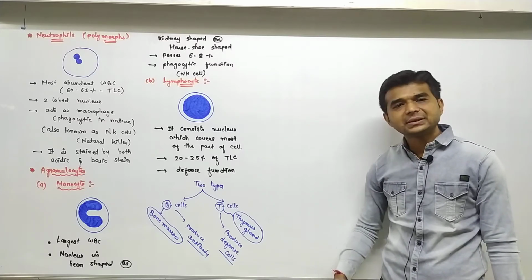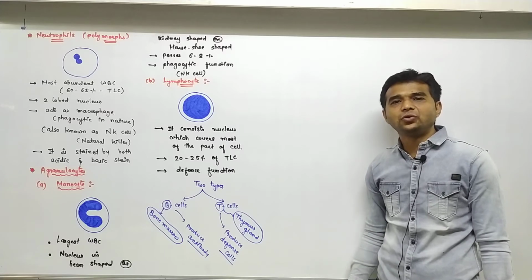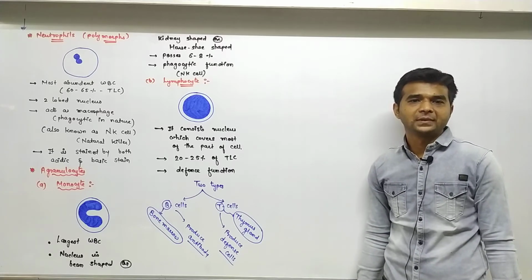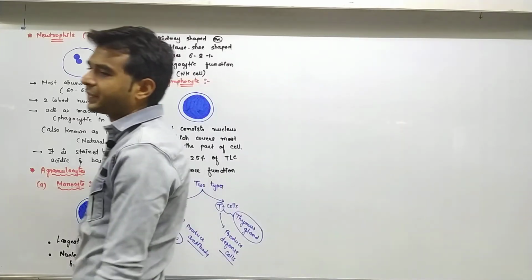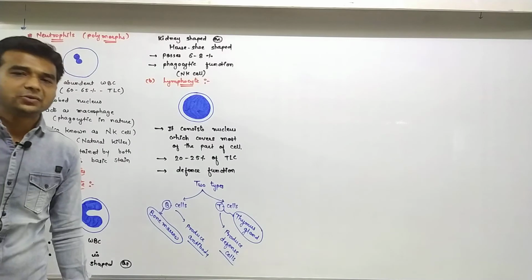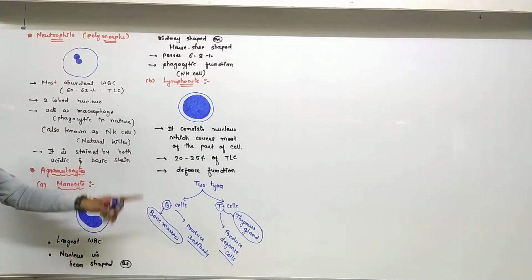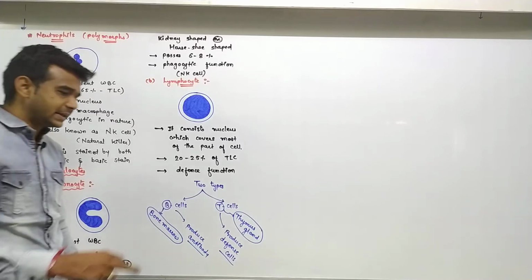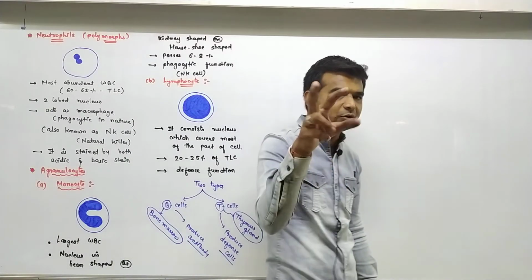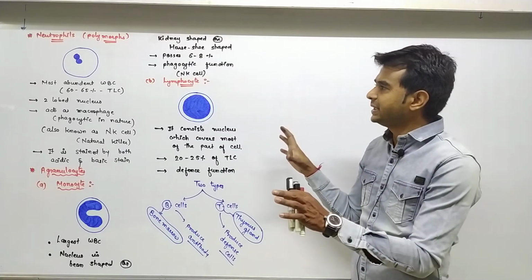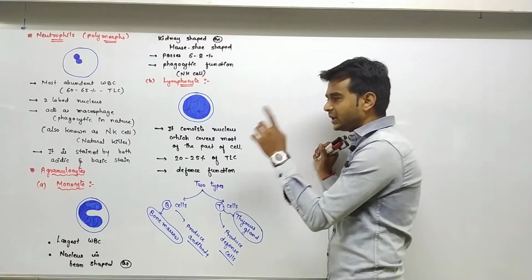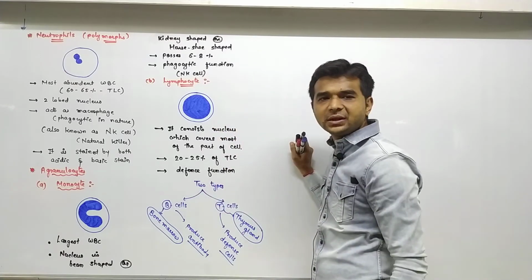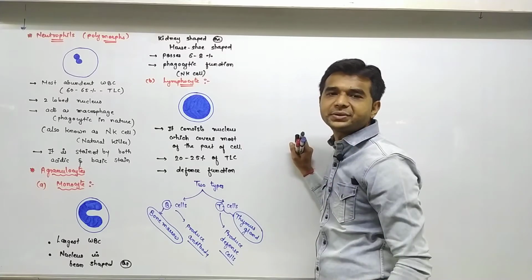Whereas some pathogens are not killed by antibody. So to kill them, specialized cells are formed, for example natural killer cell. In one type also natural killer cell is there. So sometimes what happens? The lymphocytes activate the monocytes as well as neutrophils. Today you see the word properly. Here monocytes and neutrophils both act as phagocytes.